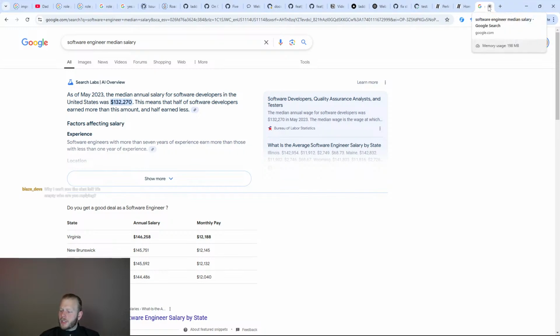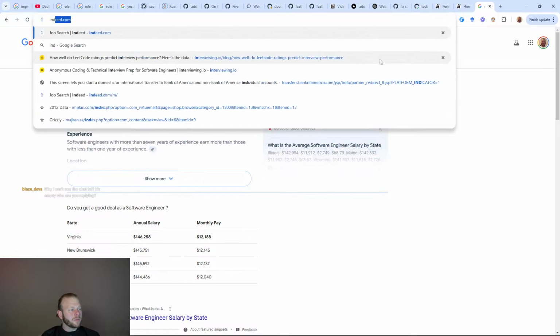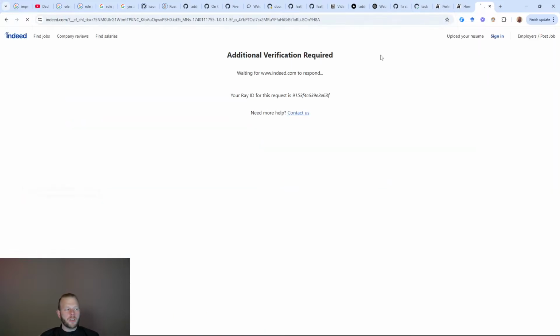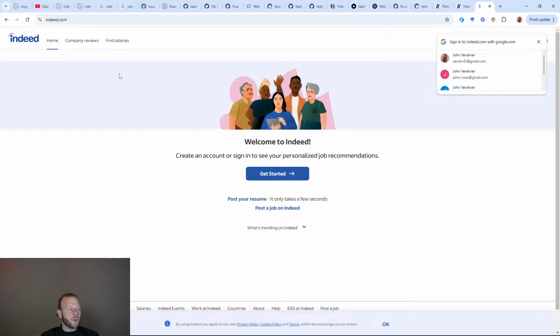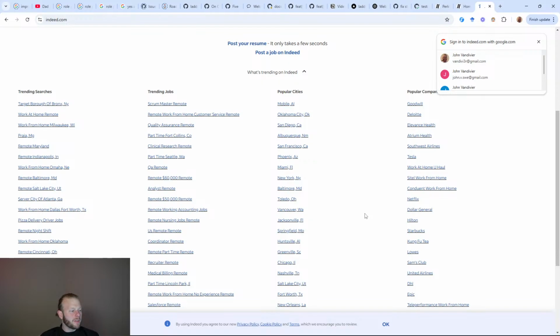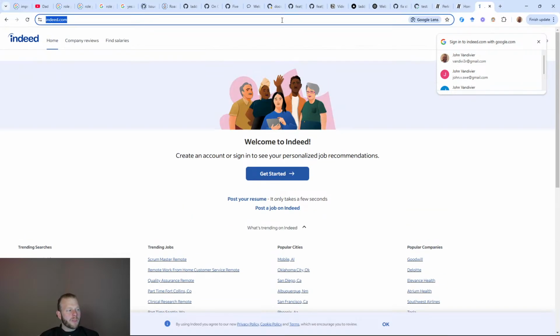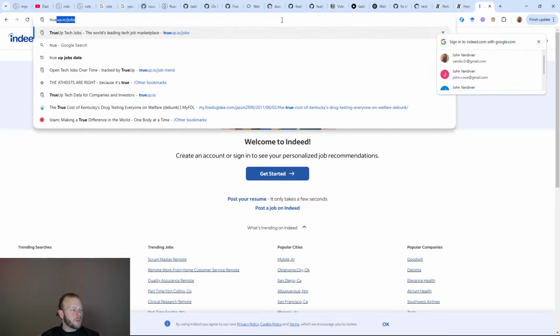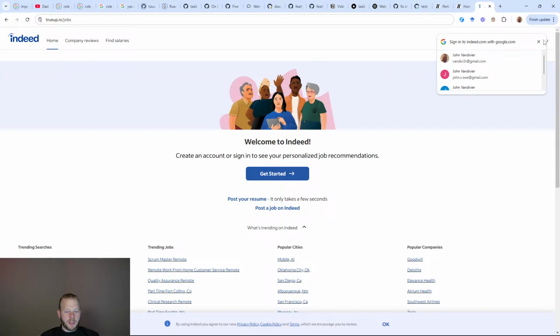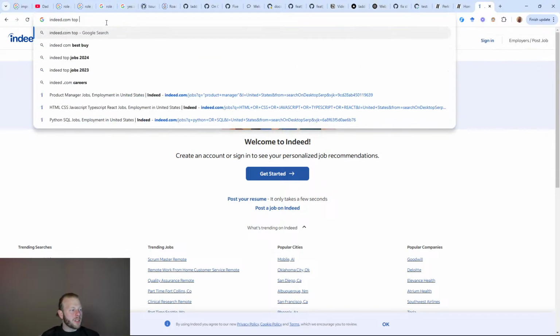How do you know what the tech market is using? That's a great question. Well, one thing you can do is trust me, bro. But the other thing you can do is keyword search on job portals. Here's what's trending on Indeed. Here you go. What's trending? The other thing I would do is keywords basically. How do I get to the keywords here? Indeed.com top skills.